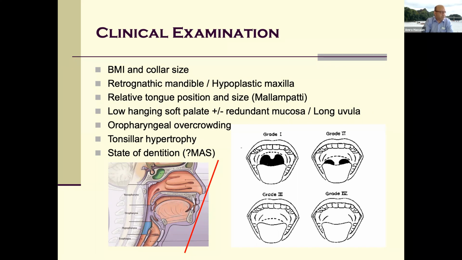You may have redundant mucosa, floppy around your uvula and along the uvula itself, which in its own right can cause turbulence in the air, and it's like a little weight on the bottom of your soft palate. If that's being shaken, then it swells up, increases snoring, and can cause that problem with obstructive sleep apnea. Overcrowded oropharynx, I've got a picture for that, as well as the tonsils. If you've got bad teeth, that causes a problem with getting a mandibular advancement device, which we'll talk about at the moment. So state of dentition is also important.